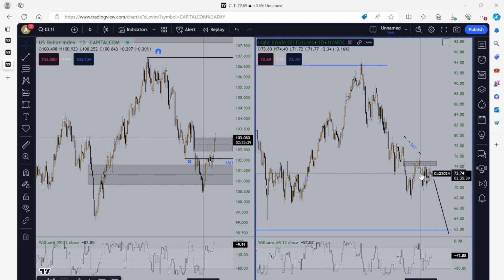Okay, so every quarter, every 3 months, right, we want to see SMT on the daily chart, or we want to be aware of a potential SMT divergence on the daily chart. And what this can indicate to us is a change in state of delivery. Okay, so we can clearly see here that dollar is taking out this swing low, coming into a higher time frame PD array, right? And at the same time, oil is coming up into this fair value gap, okay, order block, and then the balance price range over here,